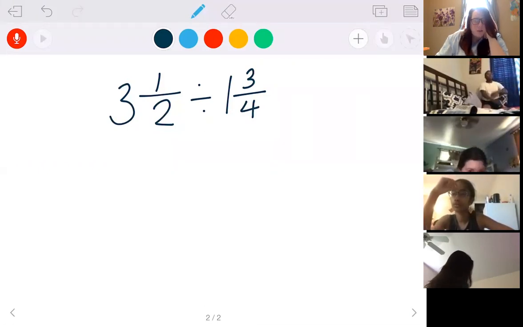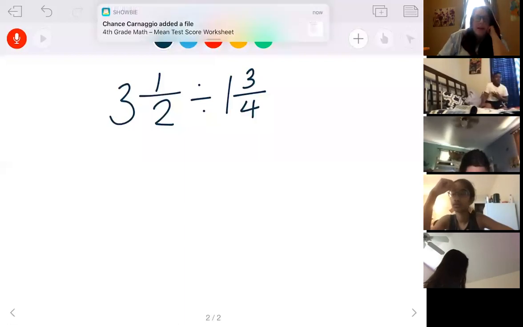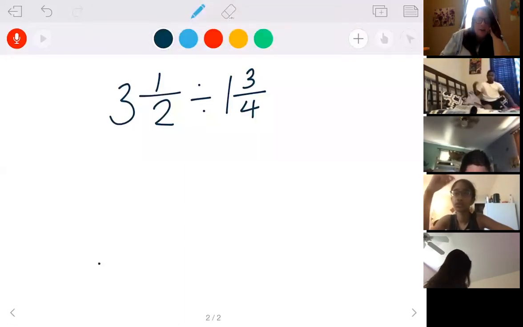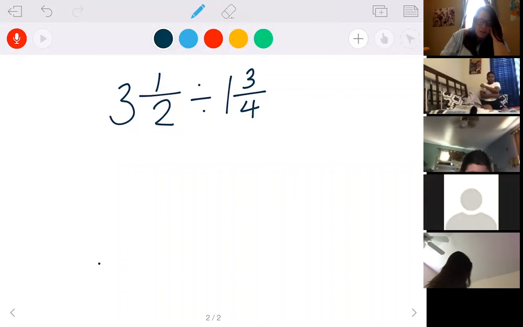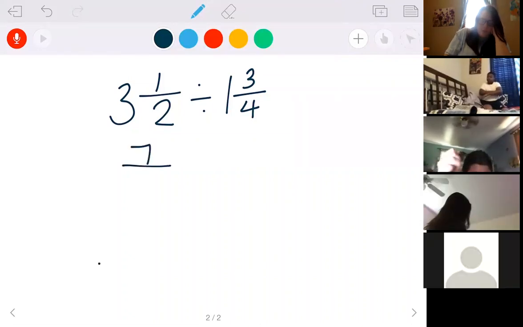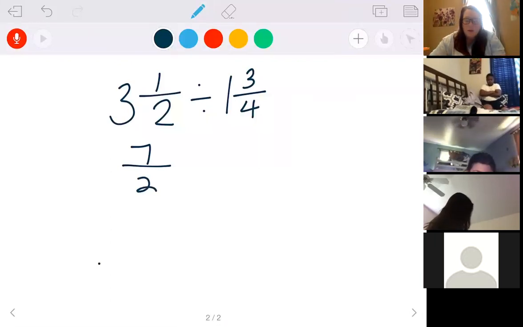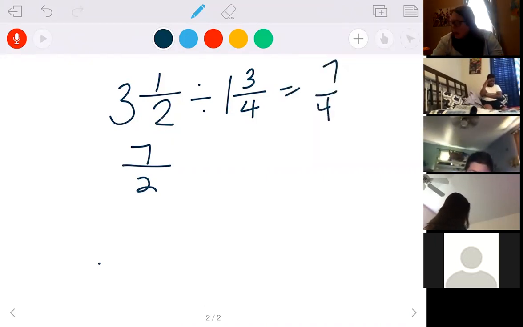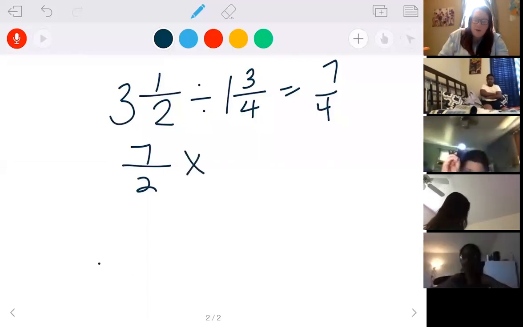All right, let's go over this one together. Need to make it into an improper fraction first. 3 times 2 is 6, plus 1 is 7. So 7/2. Now if I look at this one, 4 times 1 is 4, plus 3 is 7/4, and that's the same one we just did. So to multiply that, I put